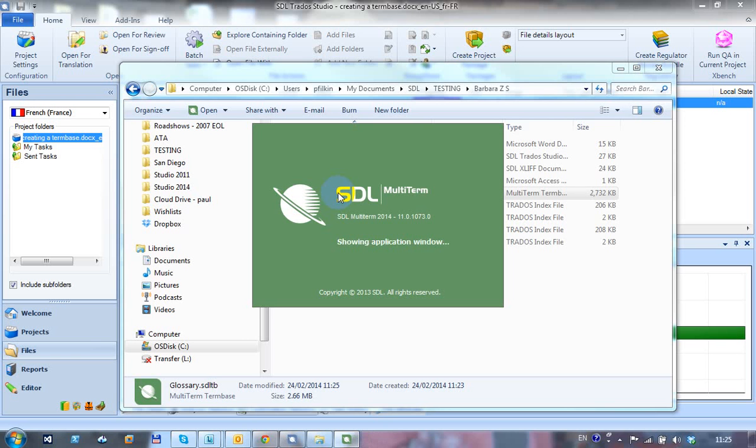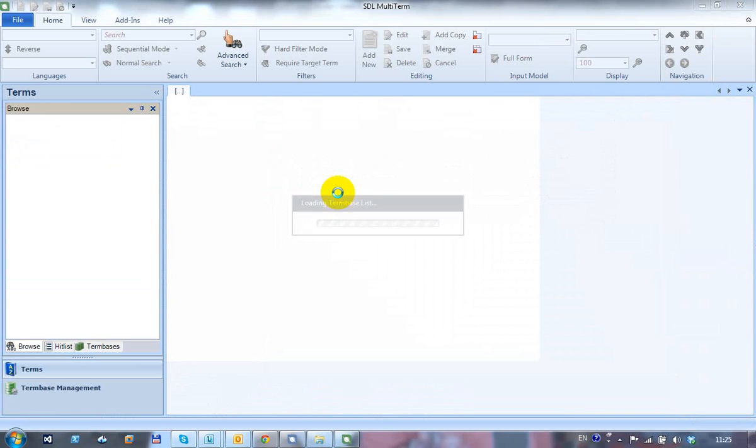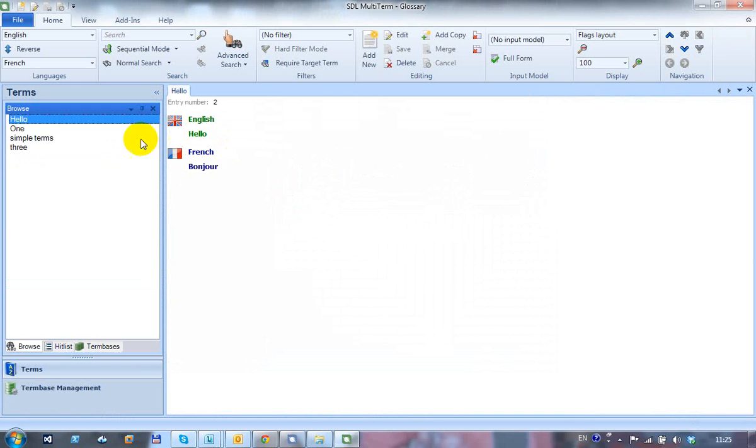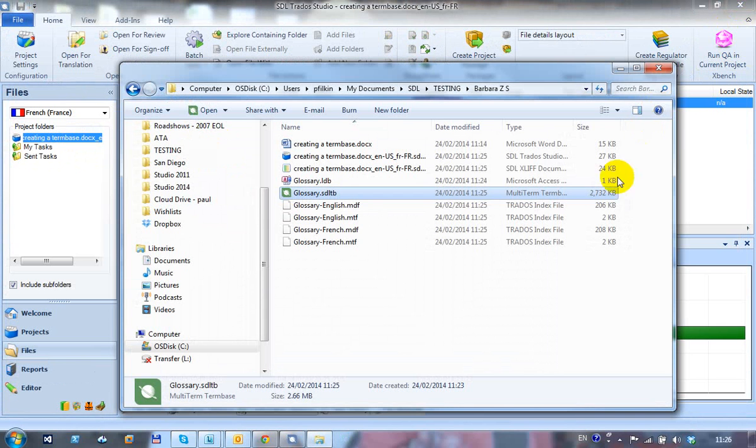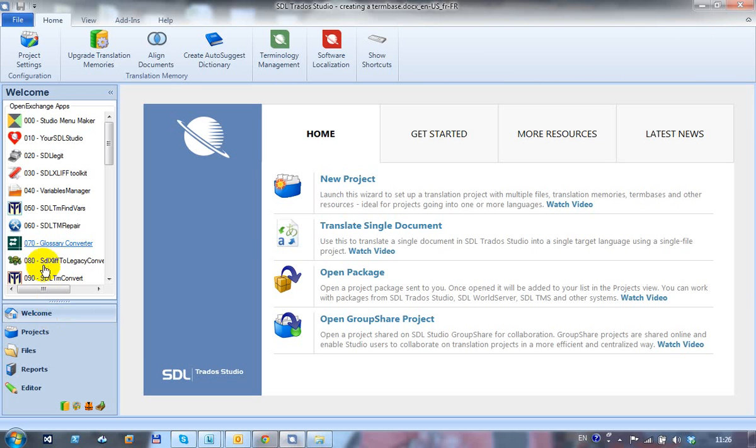So I'll just open that up. And here's my Termbase in multi-term, and I can do a lot of editing, change the definition, you can do all kinds of things in multi-term. You don't necessarily need to have it open, you don't necessarily need to use it. What I can do is if I go back to my welcome view and I start the Glossary Converter up again,